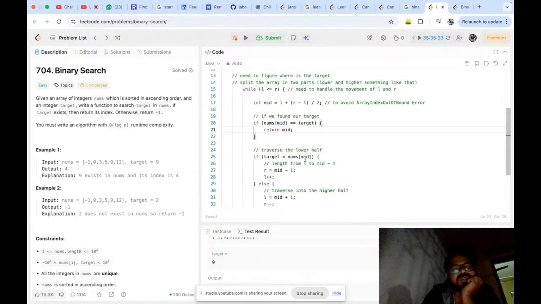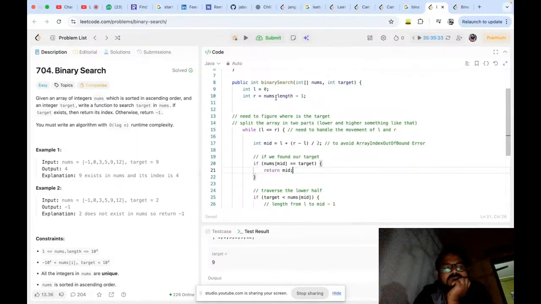Somewhere I'm making a mistake. Let's go to R -1. Okay, -1. L, which is 0, plus R minus L, and again it is 1, 2, 3,